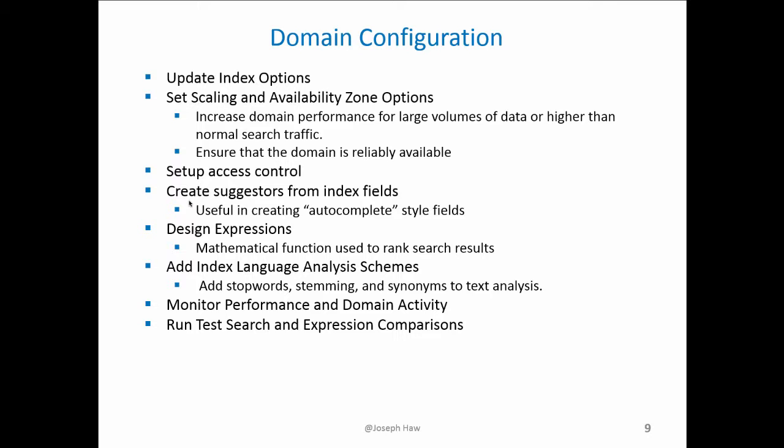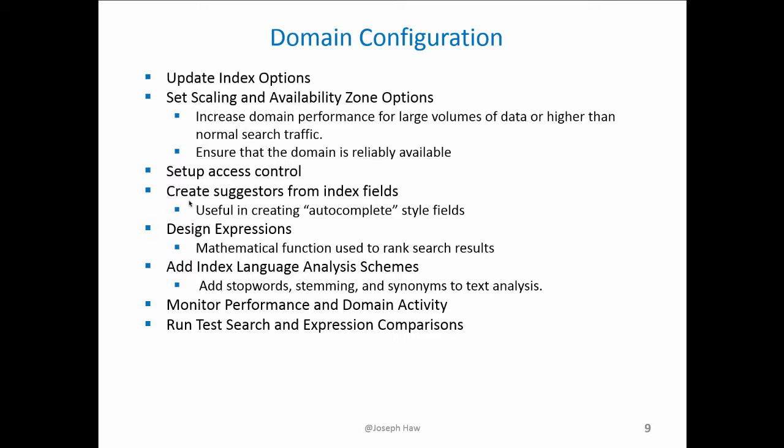We can also add index language analysis schemes. This allows us to add stop words, so words that are not included as part of the index for searching, so your ands, your ors, your nots. We can do stemming, so these are things like run, runners, running. And we can do synonyms to add to the text analogies. So synonyms would be things like child or children or kid, words that all have similar meanings,